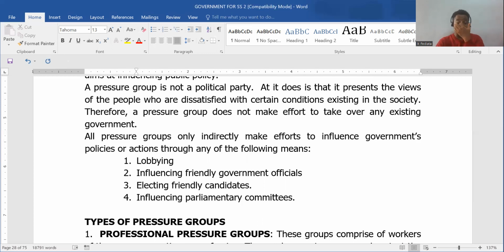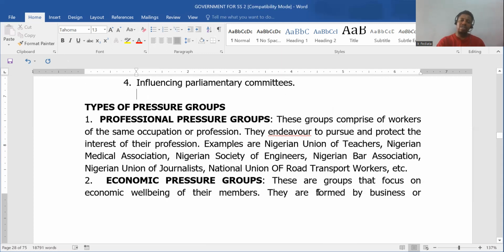So they are trying to make, let's use an example of pressure group we know, ASUU, the pressure group that represents all academic staff in universities in Nigeria. So what they are trying to do is to influence government to give them better paying structures that would be beneficial to their members, right? So they can lobby the lawmakers, they can lobby friends of the government, they can lobby government officials, they can even lobby candidates who want to win electoral positions. That if you're going to do this for us, we're going to side you and ensure you win the election, right?